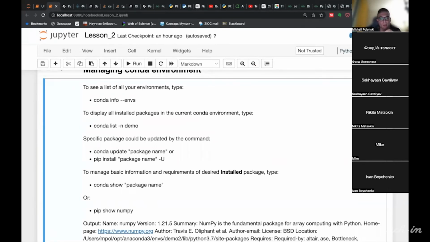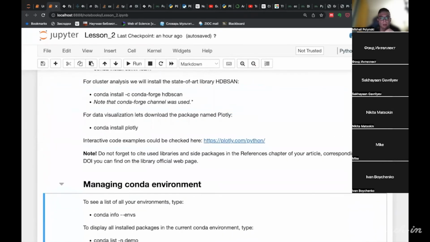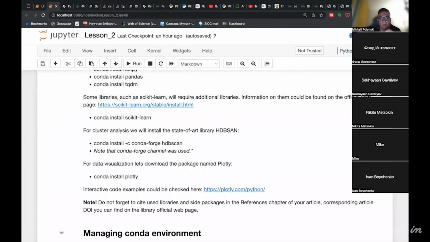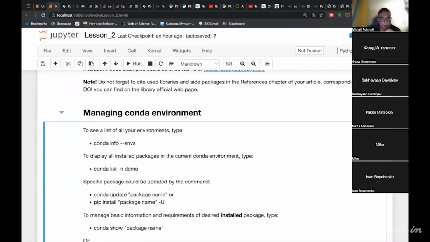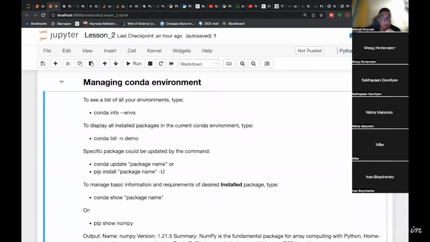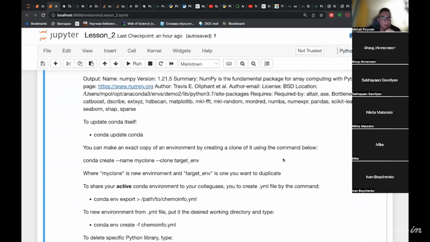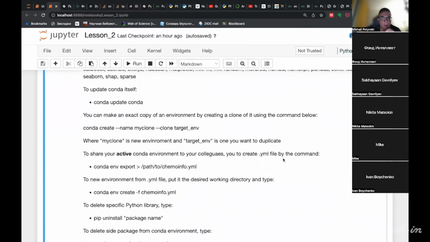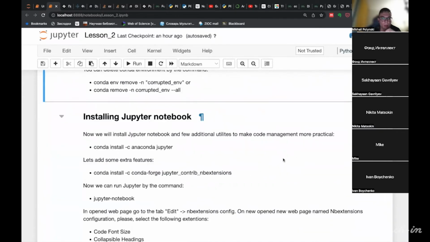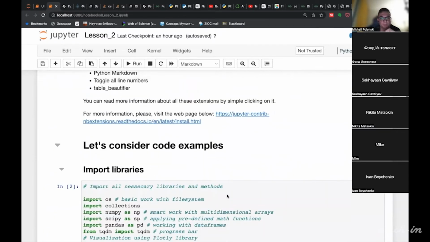At home, I suggest you read the text, the step-by-step guide, and install packages that are suggested. After installing all these packages, you can run the code provided.